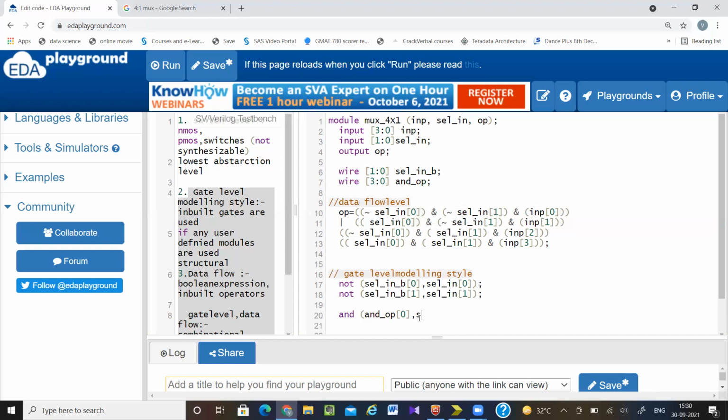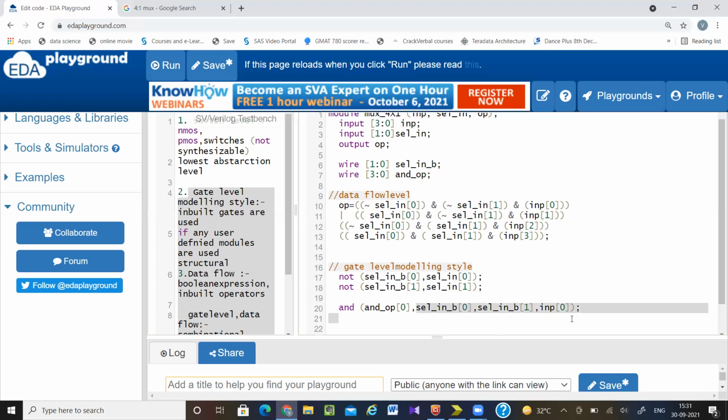So here select in bar of 0, next select in bar of 1 and next one is my input. So input of 0. So it will calculate all these 3 signals and operation. It will do AND operation of all these 3 signals and output will be assigned to here.